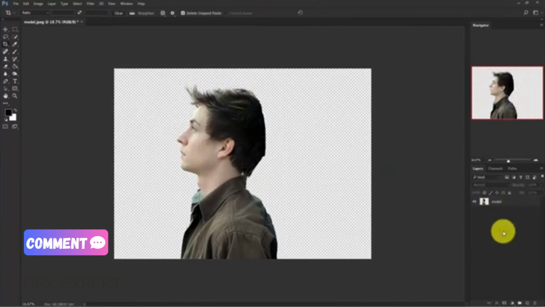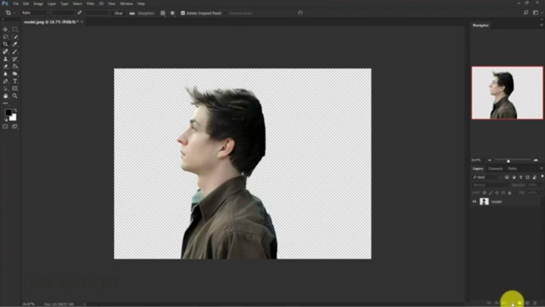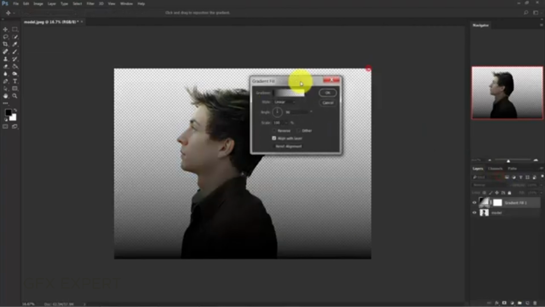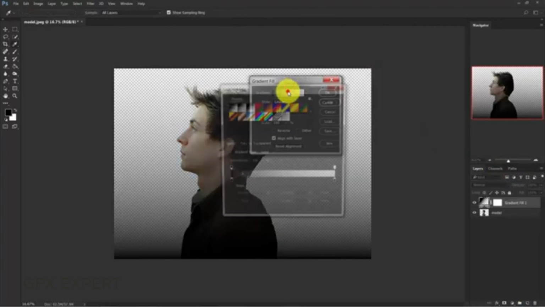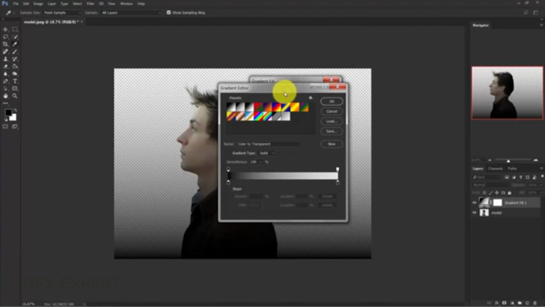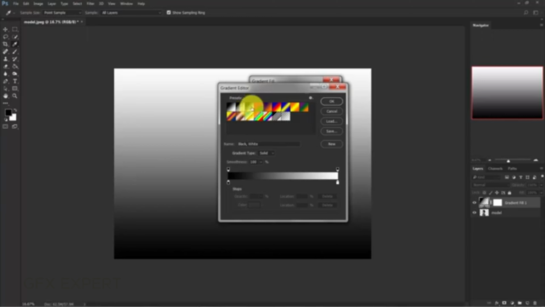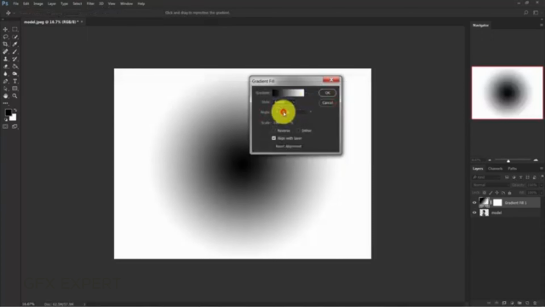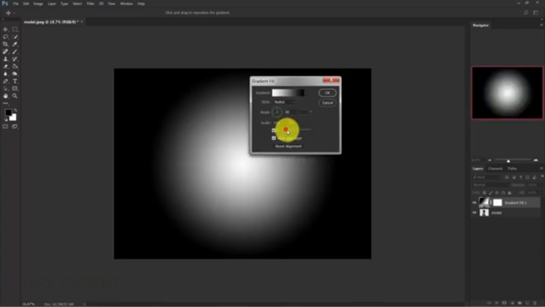Now we need a background. I'm gonna create a gradient background. Click on here and select gradient. In this gradient, you can see a lot of default presets here. I'm gonna choose this one, black and white, and in the style, select radial, angle is 90 degrees, and reverse it. Scale it up